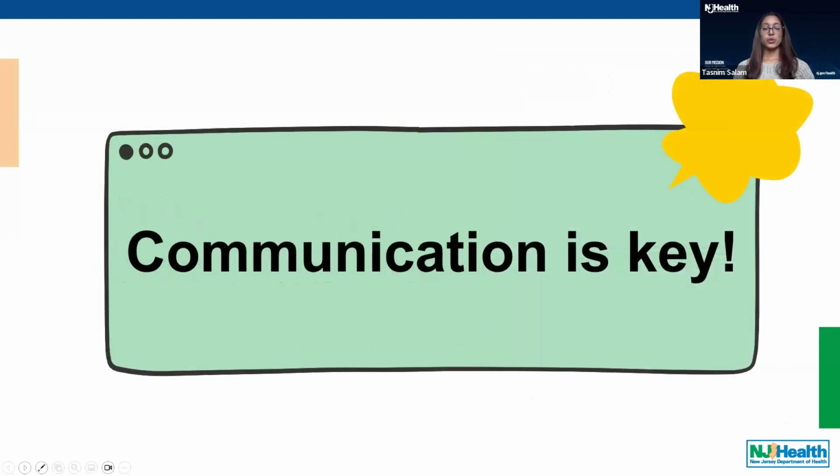Now, if you think you are dealing with a suspect norovirus outbreak, it is important to reach out to your local health department. They can provide tailored guidance, public health recommendations, notification letters, and support to manage your outbreak.